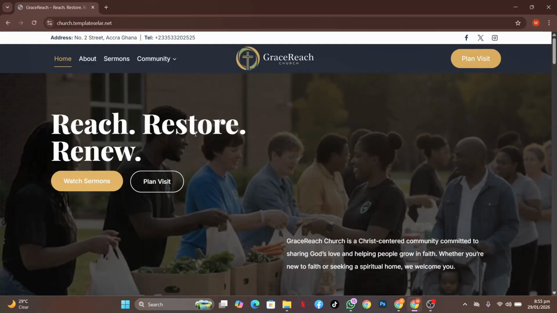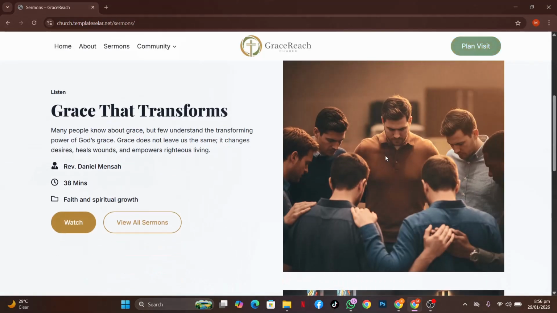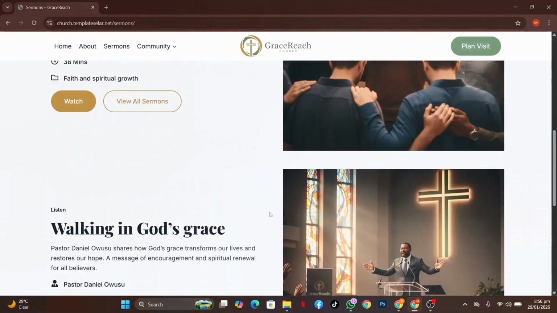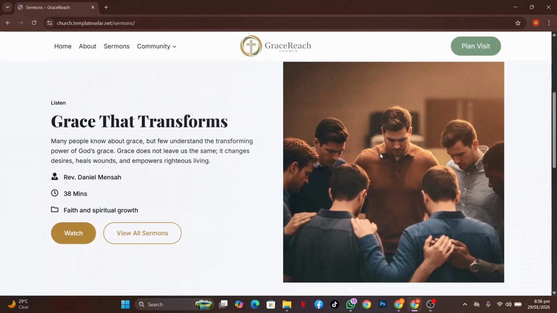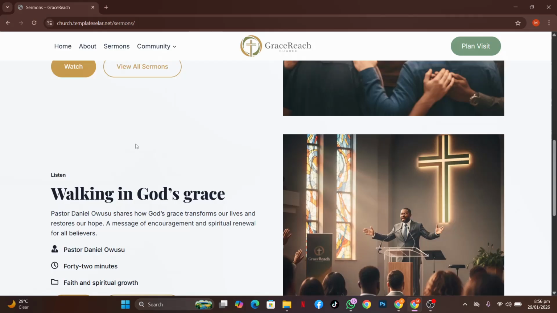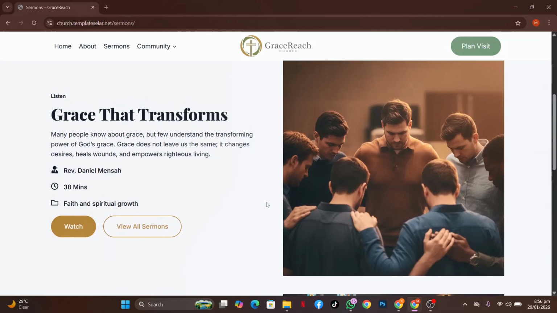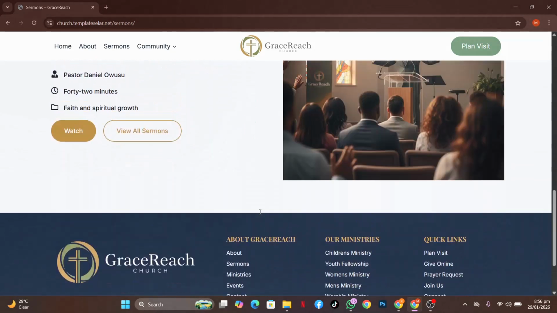Okay, so especially the sermon pages and the sermon archive page, which we made ourselves, displaying all the sermons that we have over here. And then the sermon grid itself. Okay, as you can see over here, this is kind of like a loop grid. This is a loop item that we created ourselves. Okay, so I'm going to show you how you can create your own loop item